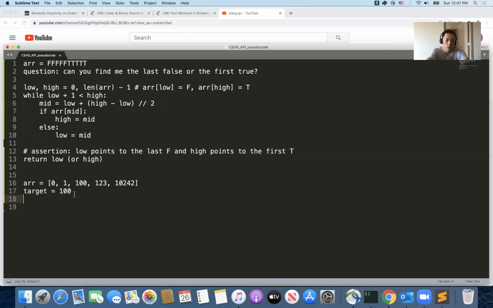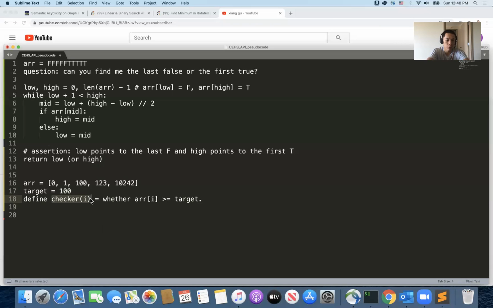The way you can convert this problem to this template is to first define a little checker, which will spit out true or false depending on whether the number at index i is larger than or equal to 100. So if we define checker of i to be whether array[i] is larger than or equal to target,